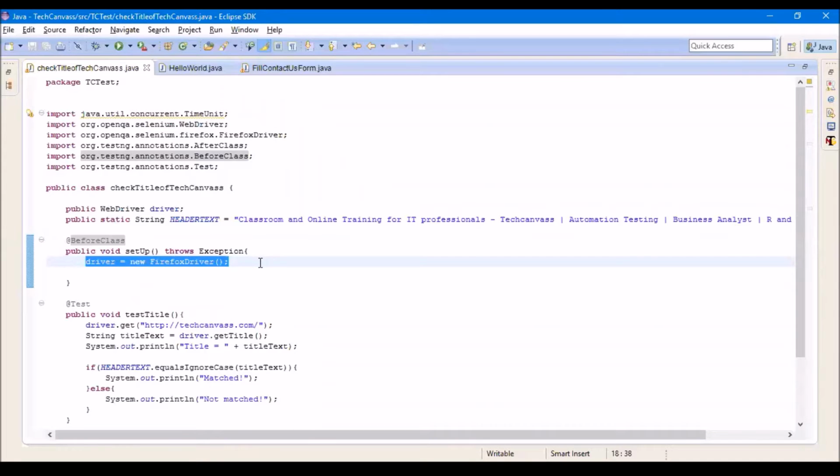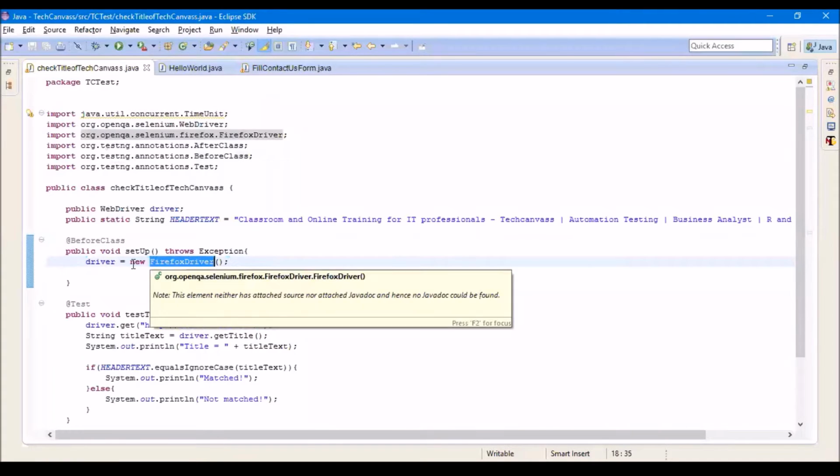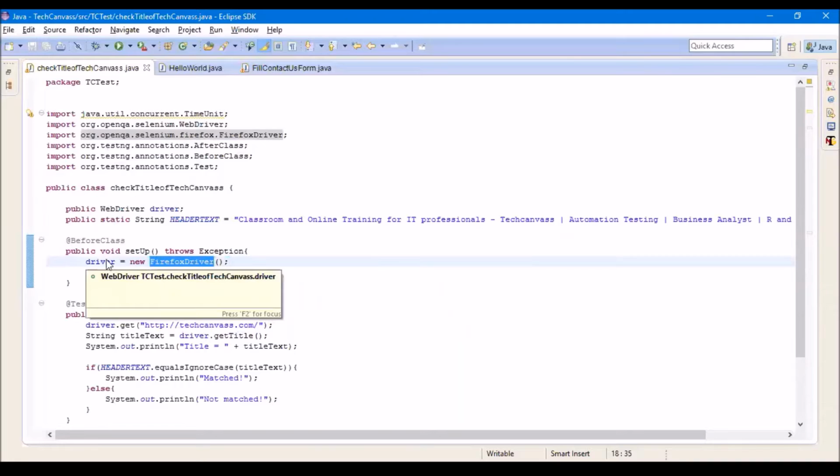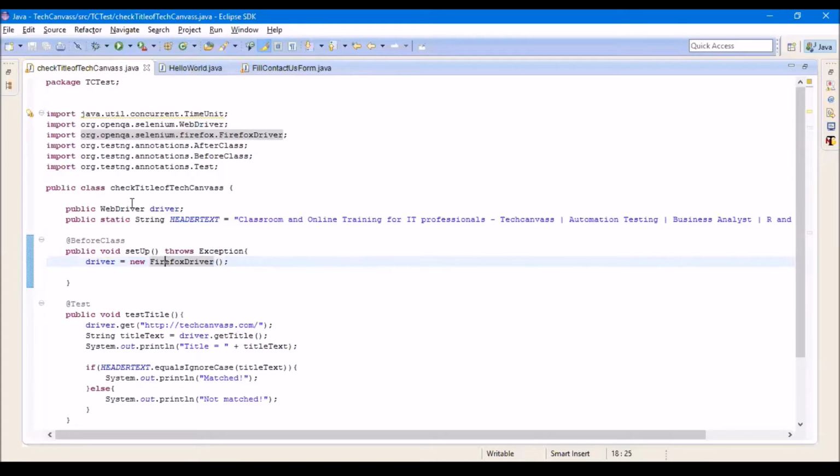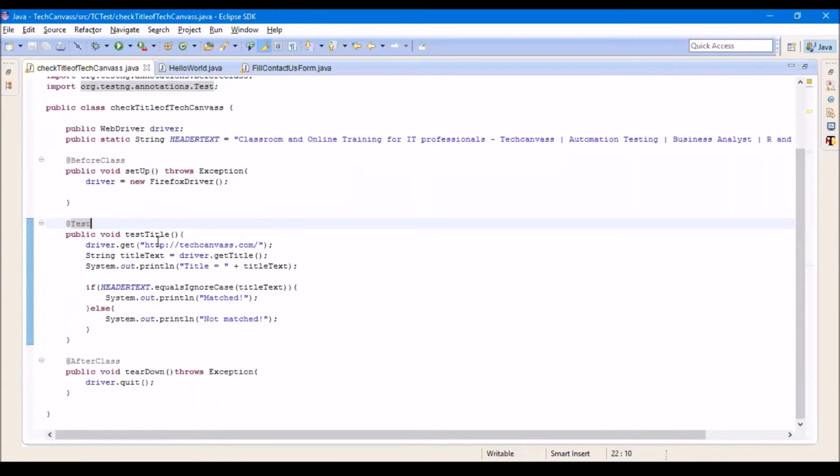Firefox driver is what we are using, and so the driver here will talk to Firefox driver. You remember the architecture. So this is there, the driver, and now it is test. Whatever is written in the test will be executed as a test script. What I have asked here is to go on this website, get the title of the website,